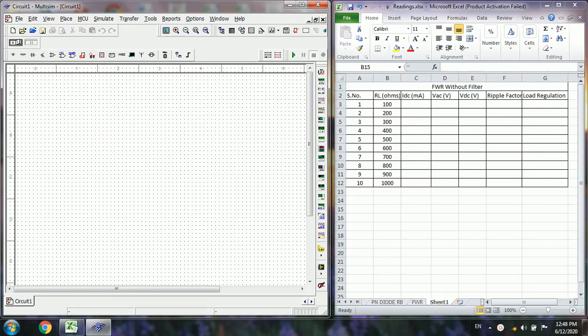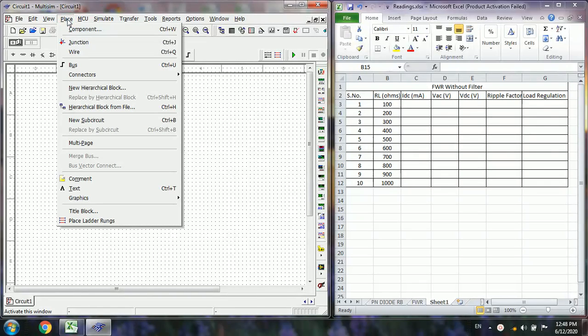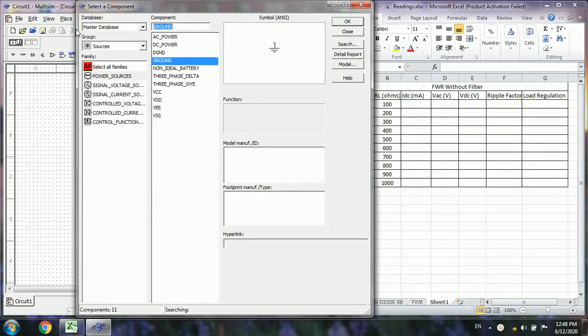Today I am going to simulate the full wave rectifier without filter. First, let us build the circuit. We need to place the required components. Go to Place, Component, Power Sources,